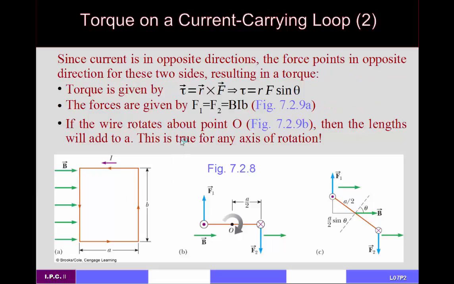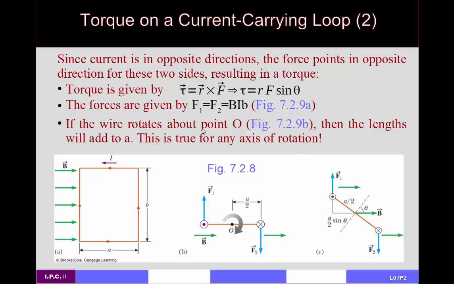And the forces have equal magnitude. But since the current is in opposite directions, the force is going to point in opposite directions. So you're going to have a torque. Recall that torque, tau, is given by R cross F. And so the magnitude of torque, tau, is RF sine theta. So looking down here, we notice that force 1 and force 2 are equal, and they are equal to B times I times little b, which was the length of this wire that is perpendicular initially to the magnetic field. So each force is BIb,